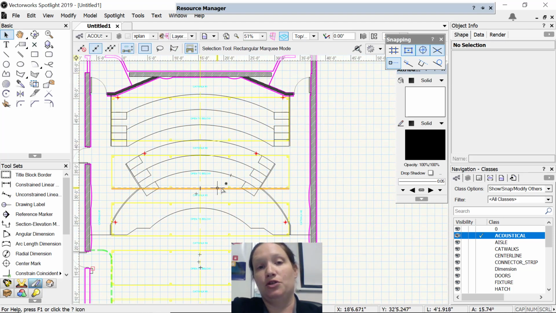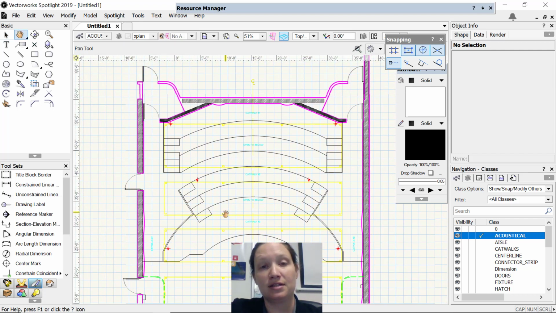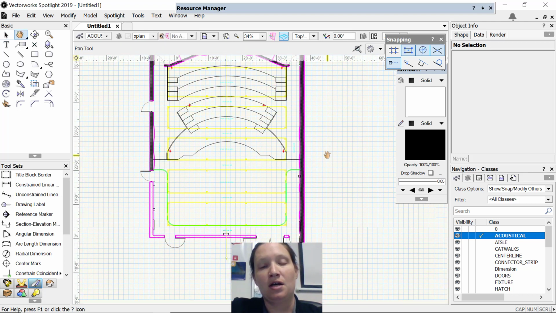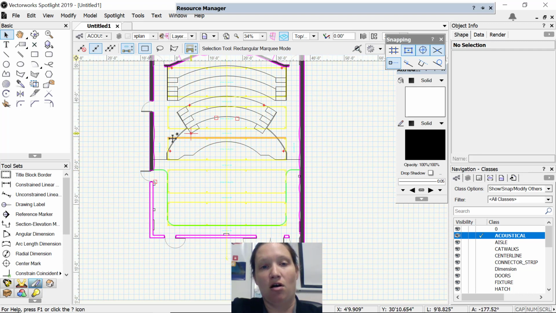What I would love for you guys to do is to take this drawing and trace it using Vectorworks and create the 3D model replica of it. And this is a big project. This is going to take a decent amount of time to actually get all of the pieces the way that you want them to be. My advice to you would be to take